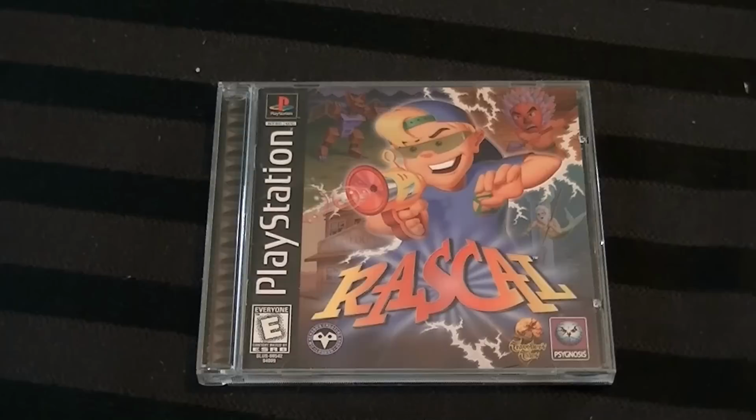But anyway, while I was out getting these, I happened to come across a couple other things. This one was a huge nostalgia trip, and is also a game for a console that I almost never buy games for. Rascal for the PlayStation 1. This was a game I had as a kid, and I happened to sell it at some point, which is not a thing I do very often. Even as a kid, I didn't do that very often. I very rarely sold off my games, although it did happen from time to time,